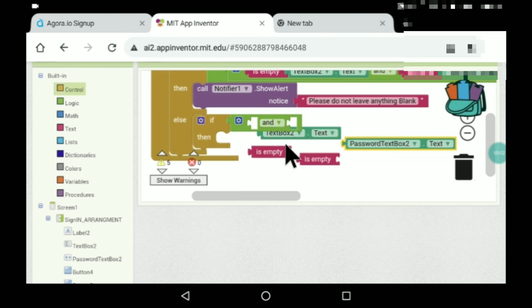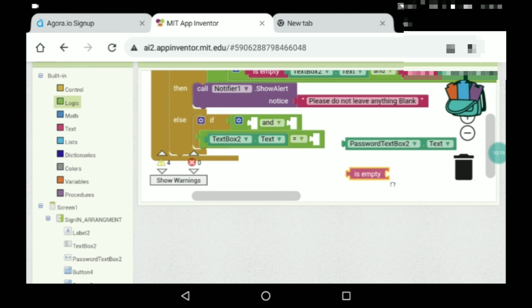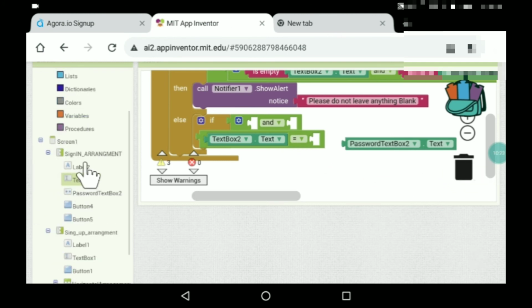I'll just delete these blocks. If text box 2 dot text is equals to